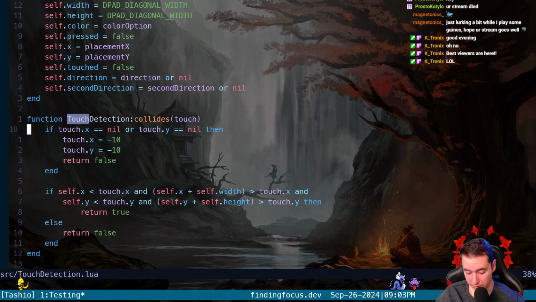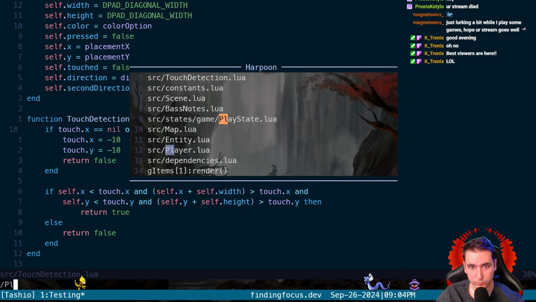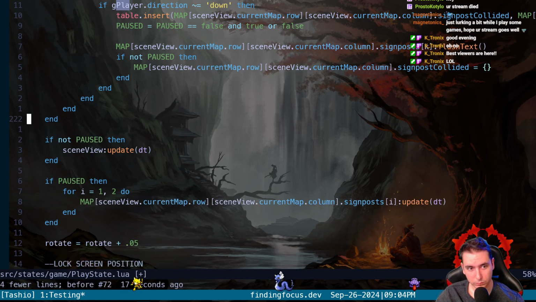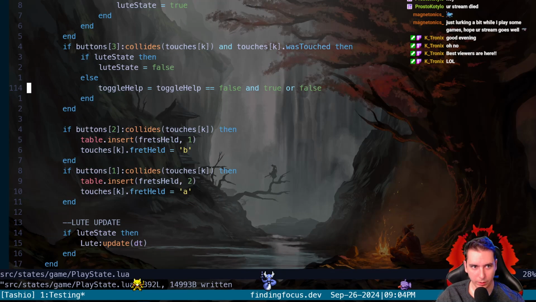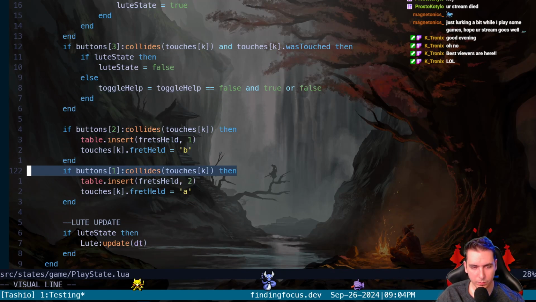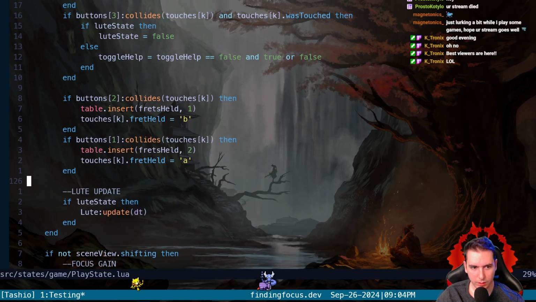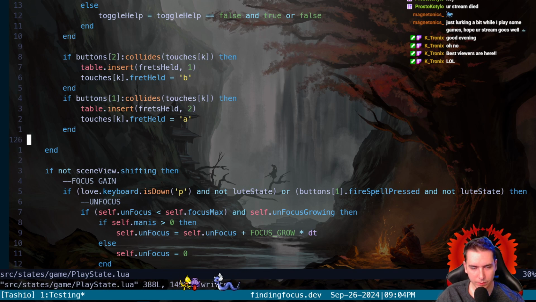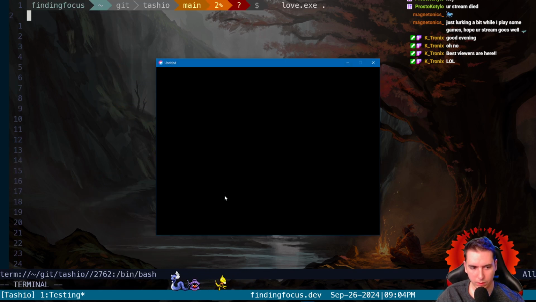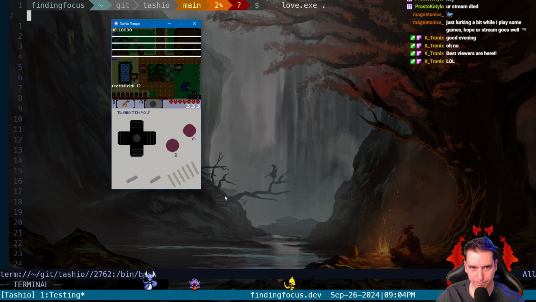Oh, this is driving me nuts. Why would that matter? Okay, what is going on? Right here, we're checking in our touch collision. Now, if we just delete this loot state update out of our touch collision, we don't crash. And we render our loot that doesn't update over time.